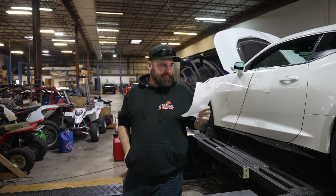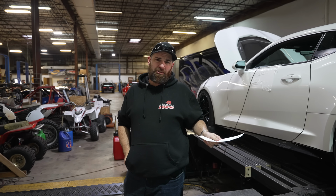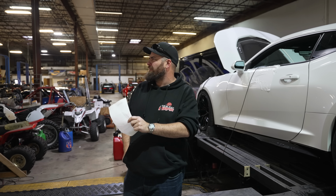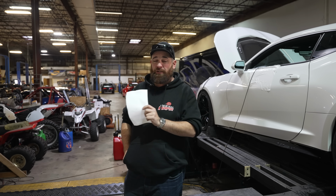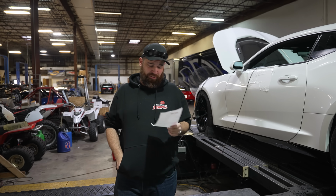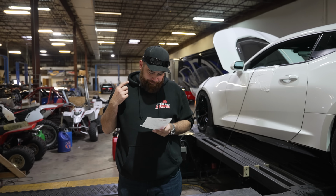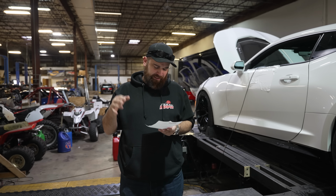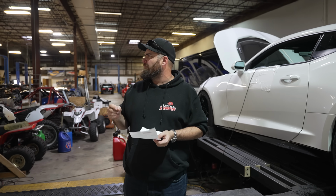2019 ZL1. They rebuilt it like 2 years ago. Got a stage 4. Made 900 and 850 on E85. Last time he just upgraded to a stage 5 with port injection. So he did a 2650 DSX Atlas port, you know, DSX valve covers, all that stuff. And it ended up making